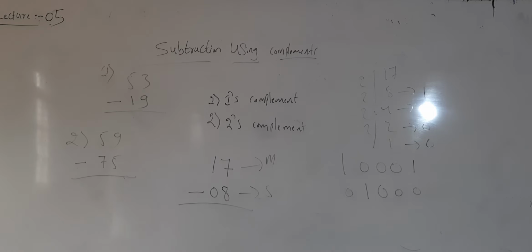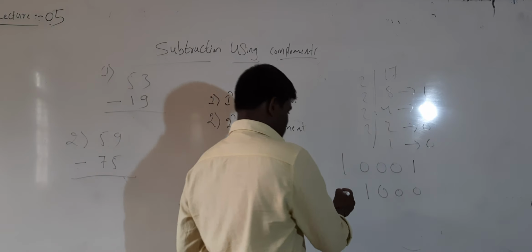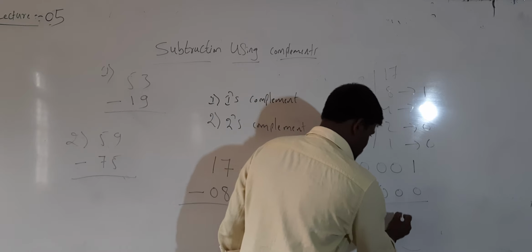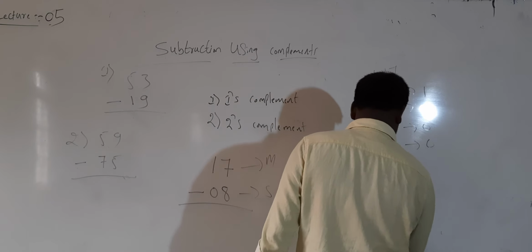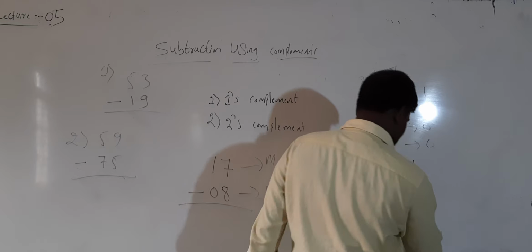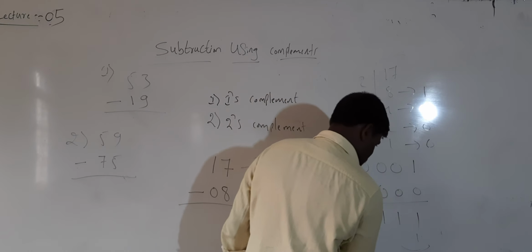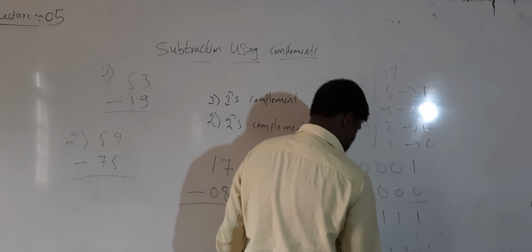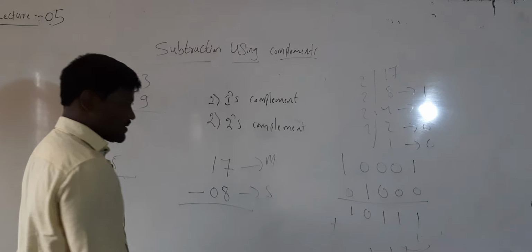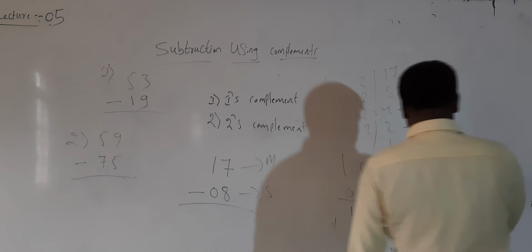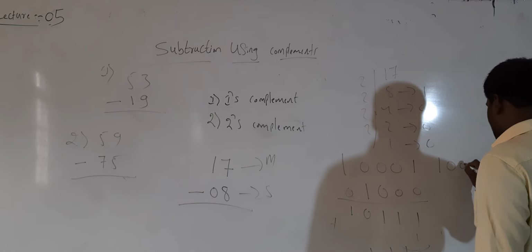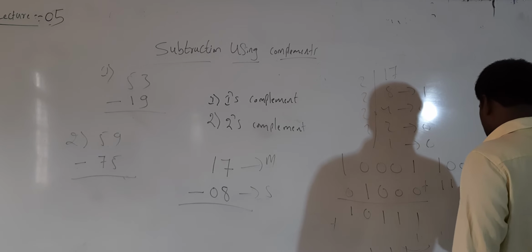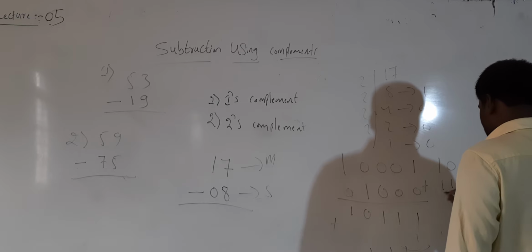Okay. After that, you can convert this subtrahend to the 2's complement, that is 1 0 0 0, ones complement 1 0 1 1 1. After that, plus 1. It is 1 plus 1 is 0, carry 1; 1 plus 1 is 0, carry 1; 1 plus 1 is 0, carry 1, 1. That is 1 1 0 0 0. Okay. See here, 1 0 0 0 1 plus 1 1 0 0 0.